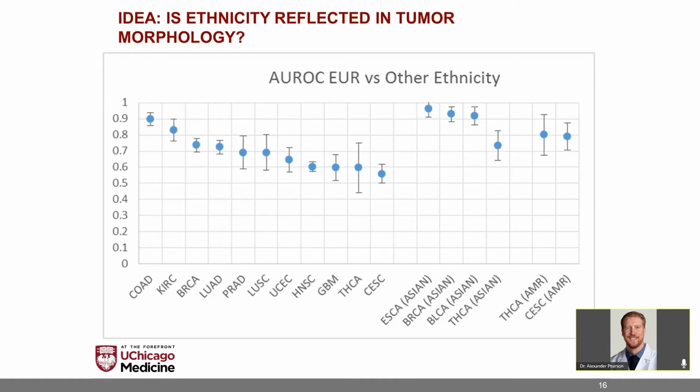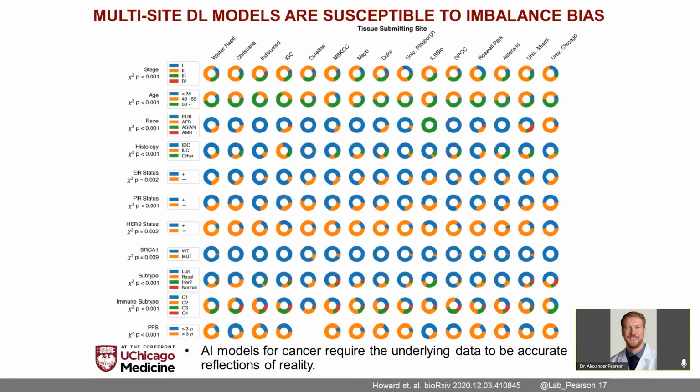And what we discovered was that, at least for a week, we thought that we had determined a dramatic difference between African Americans and Caucasians in terms of the way their tumor grows, and similarly among Asian Americans compared to Caucasians. So we were stunned initially at the degree of response in these tumors. Then we looked a little bit more, and what we discovered actually was that maybe not quite as exciting,